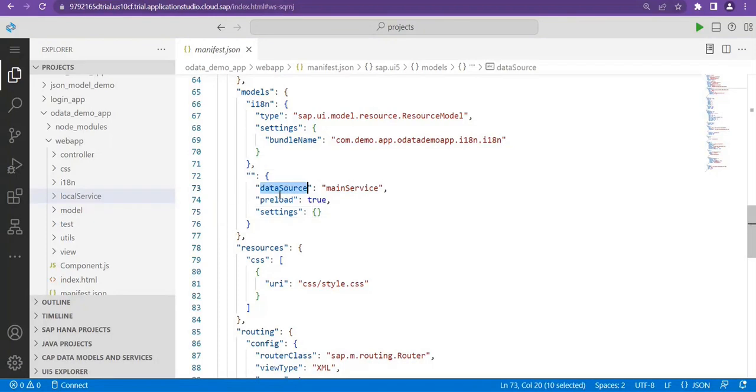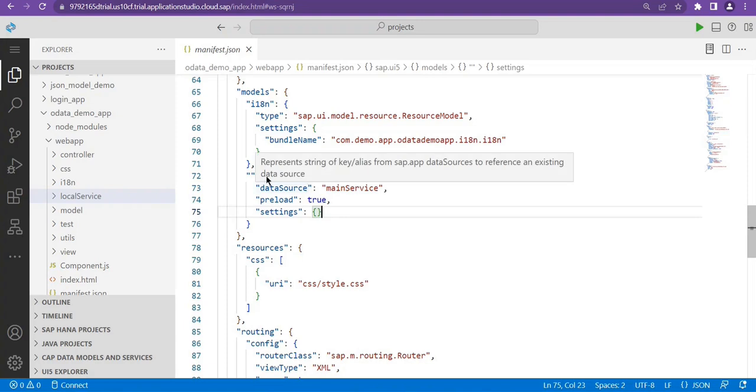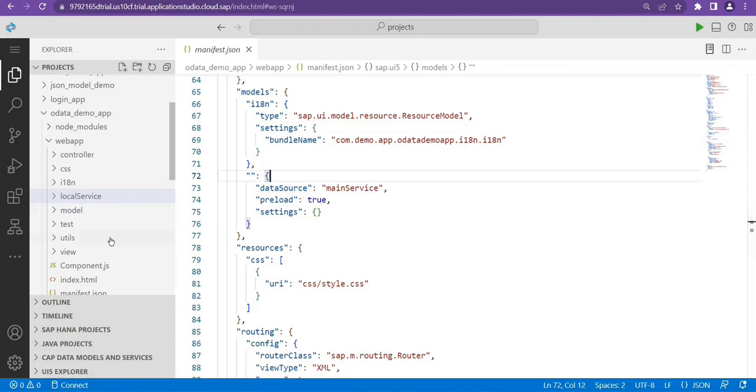So just by adding data source, preload and setting, I think this model is nothing but your OData model itself. Explicitly, we don't have to mention the type of model as OData here. By default, it is an OData V2 model. Okay. Now let me run this project and show you how to verify the OData service